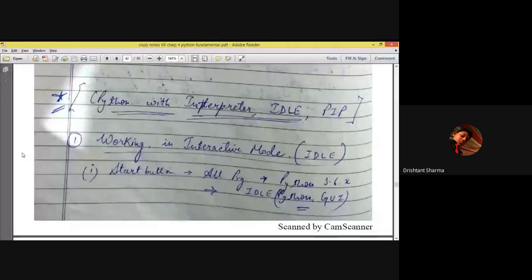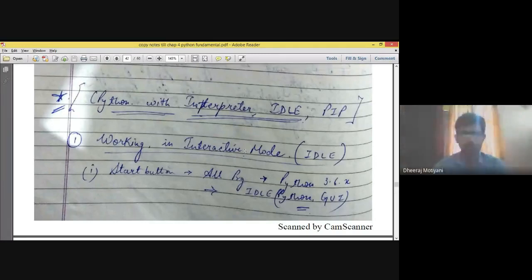Sir, ideally we can also save those files, like we have written our code, but we don't want a direct answer. So if we save it with a new file and then copy the whole thing into another interpreter, then it will work the same way, right? Yes, if it is working on the Python platform, then it will work fine.